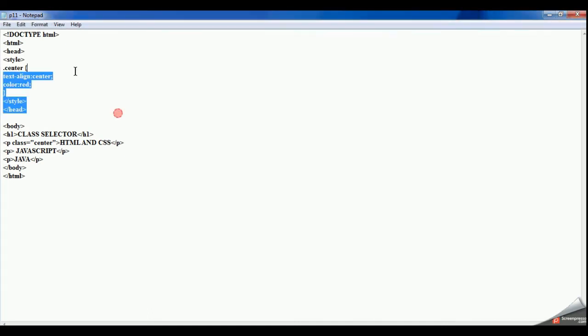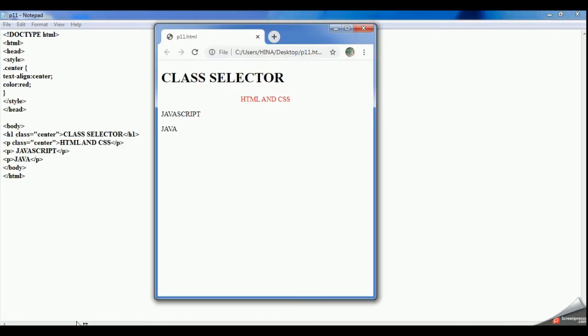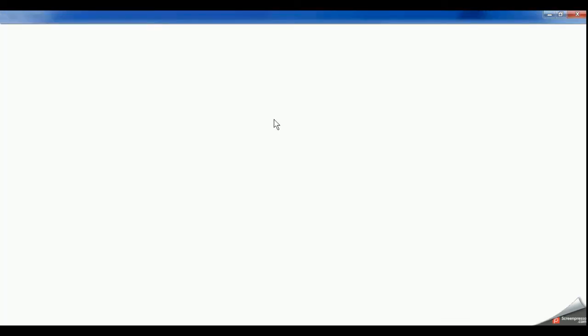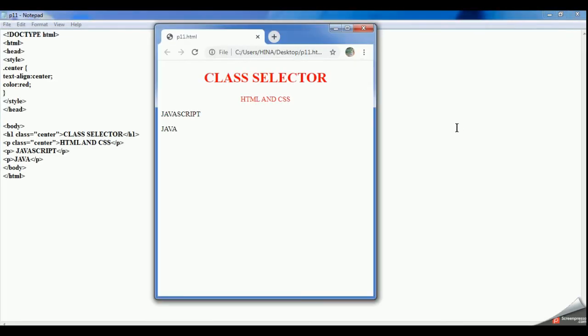After writing this heading, if I want to use this class in this tag, let's see what changes we can see. And I'm writing class is equal to center. Okay. Now save it. Again, sorry, refresh your web page. Now see, this heading tag and the paragraph tag both have been affected. This is your heading tag and it has been changed to center and the color has been changed to red. Okay, and the paragraph tag also.